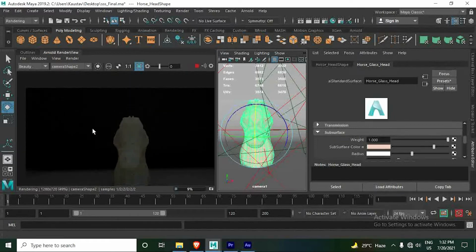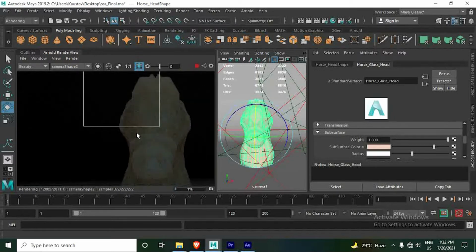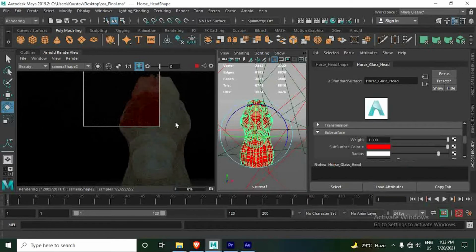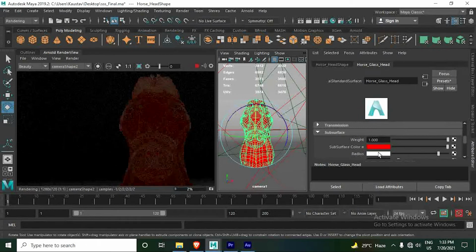Let's go with render region to render fast. Okay. So you can select from here, or else you can also click on those colors. Fine. So I want this kind of reddish look here. Okay. Now what to do? Region off, and it's fully red. Now